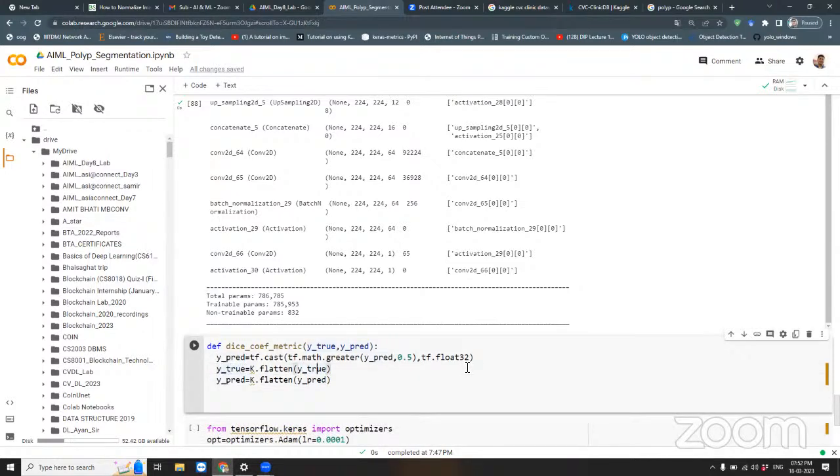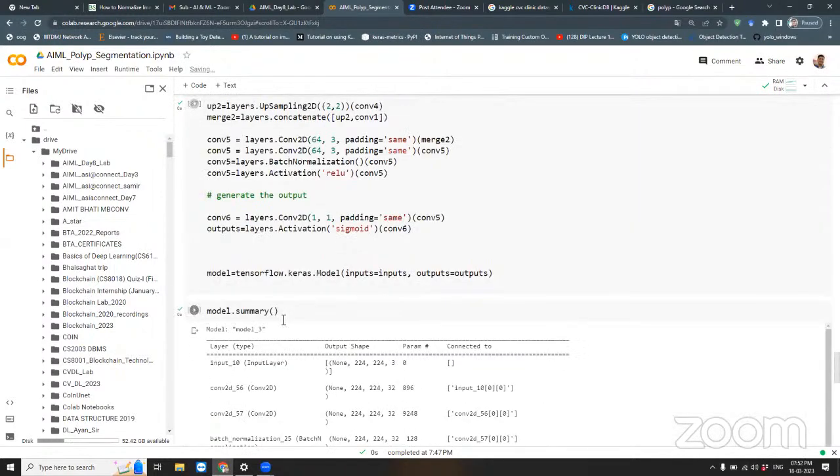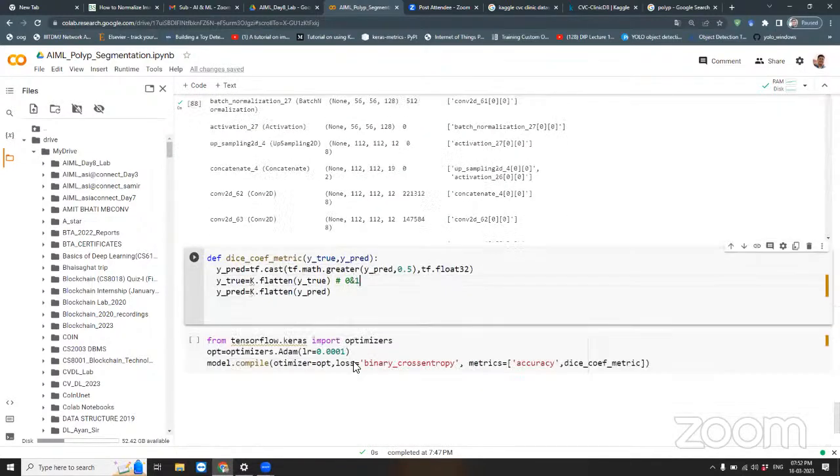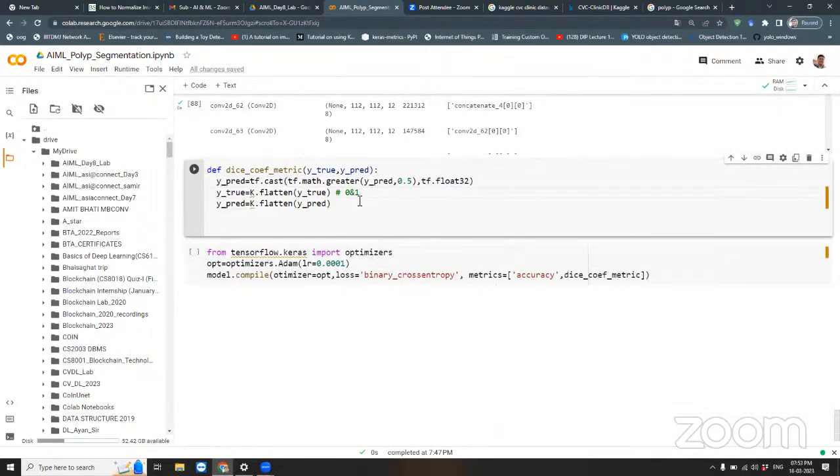Since y_true has only two values, what are those? 0.0 and 1. Why? Because we have already converted it. It is the label that is stored in y. This y_train and y_test have those values 0 and 1. So whatever our model is predicting, we have to change that also. So y_pred, and now